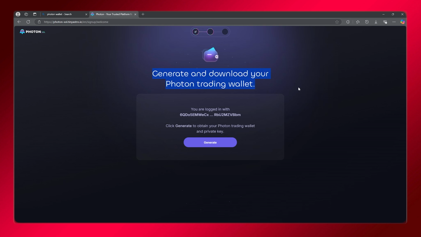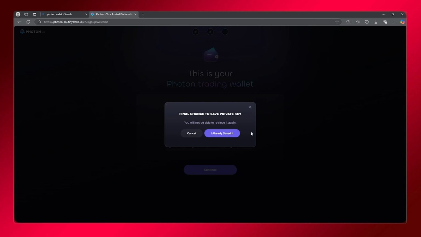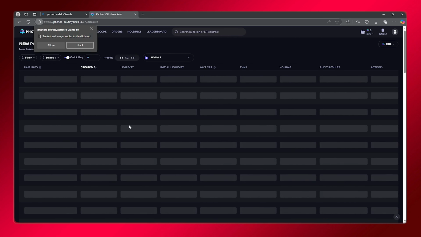Here it's going to say generate and download your Photon trading wallet. You are logged in with this, and this is going to be your login code. Once you click on Generate, it's going to give you a Photon trading wallet private key over here. It's also going to give you this private key, which will not be displayed again, so you can go ahead and copy this somewhere safe. But yeah, that is pretty much about it. That is how you are going to go ahead and integrate your Phantom wallet to